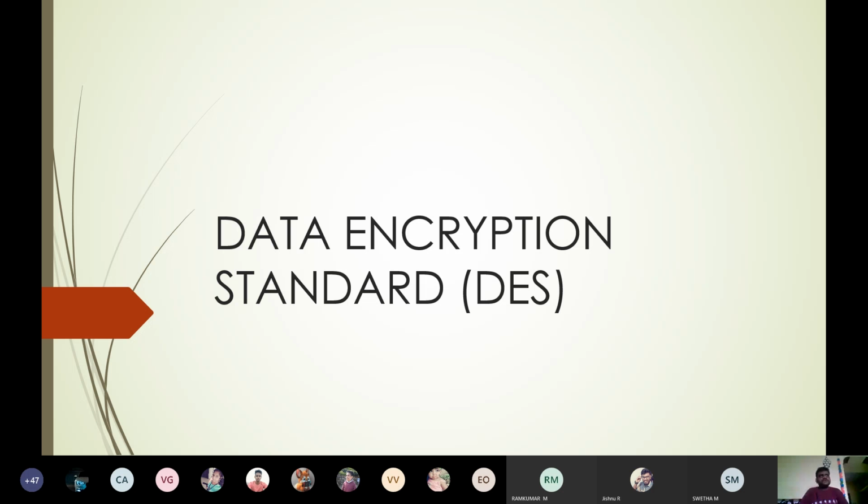So what do you mean by the block cipher model? We have two types, which we have seen in the first unit itself. One is stream cipher and another one is block cipher model. Clear? So what do you mean by block cipher? Instead of taking a single letter to encrypt, we can take some of the letters, more than one letter, as a block. That is known as block cipher model.